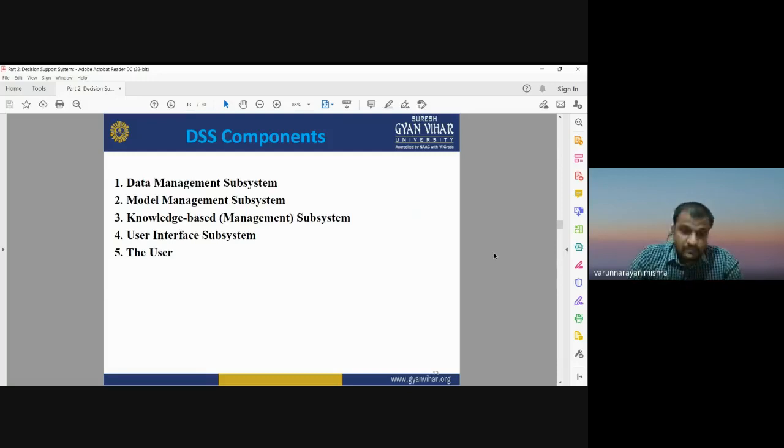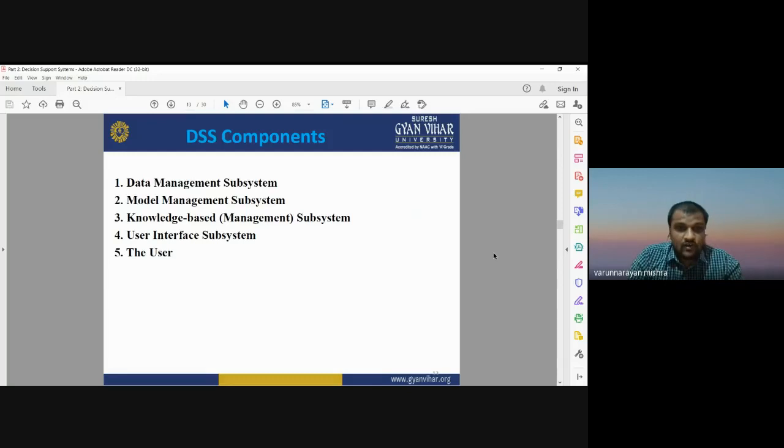So the data management system, as we already discussed in the database management class, is the collection of all the data and related data sets, which is known as a database management system. It is also a kind of computer based management system. Then the model management system: what kind of model you are going to use for managing that data, whether an information model, logical model, physical model, relational data model, or hierarchical data model. There are different kinds of data models that can be used for modeling and managing the database.